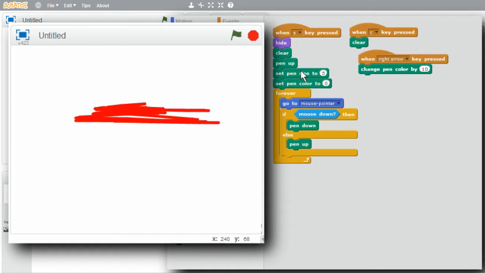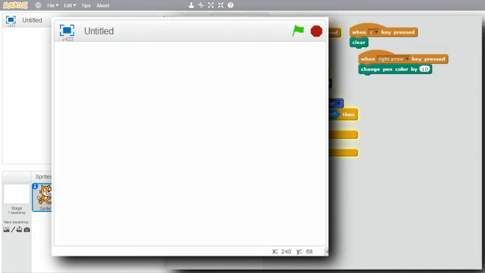I have enough to show the color wheel now. I'll start the program. I'll press the S key, starting with the red. I can use the right arrow to keep changing the color. Right arrow. 2, 3, right arrow, 4, right arrow, 5,